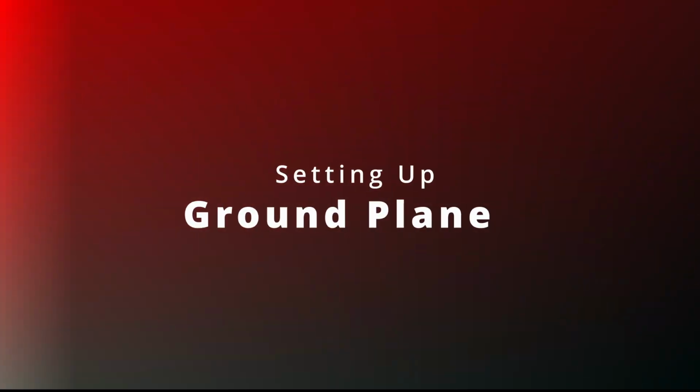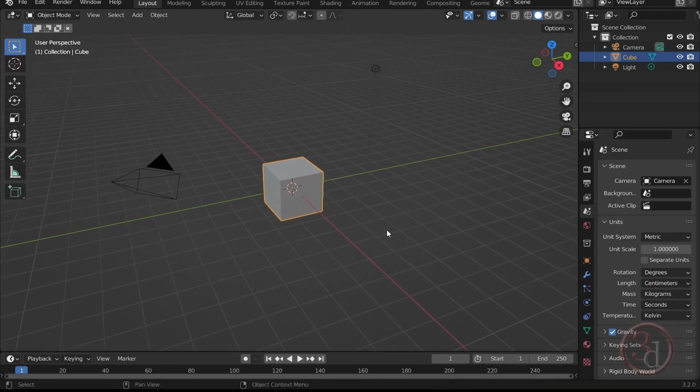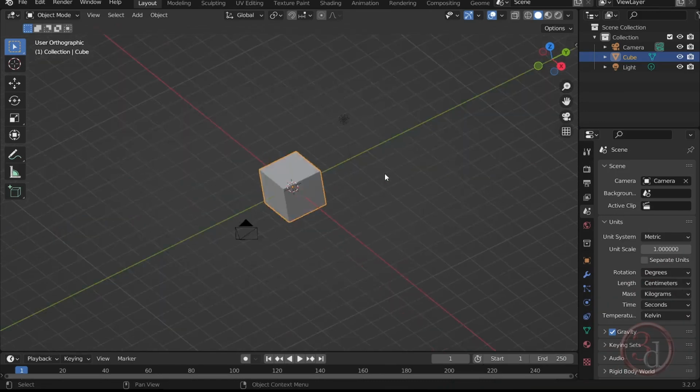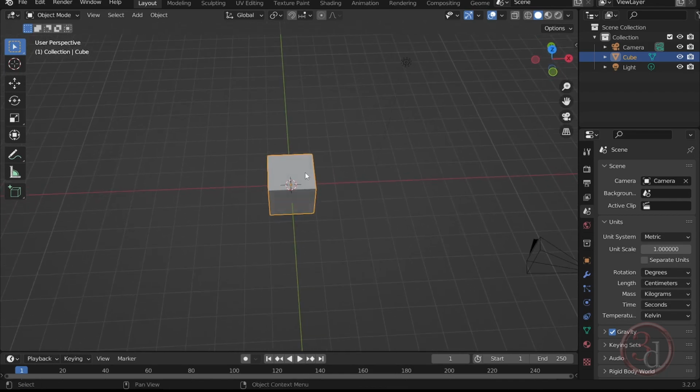Okay, so let's jump right into it. This is a new scene. I'll go to my top view and then I will select this. This is selected already. Let's delete this cube